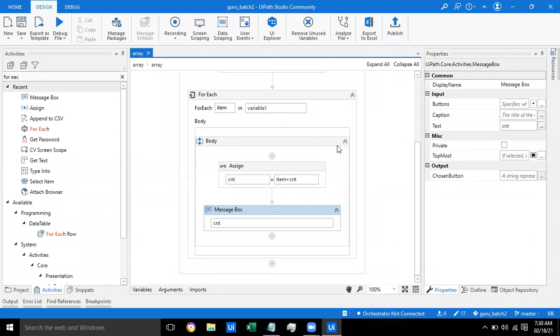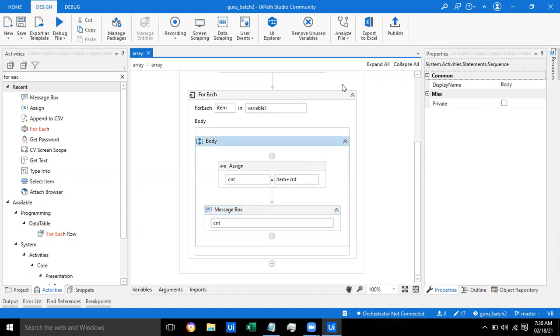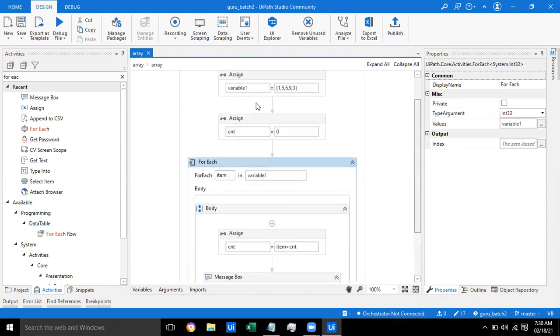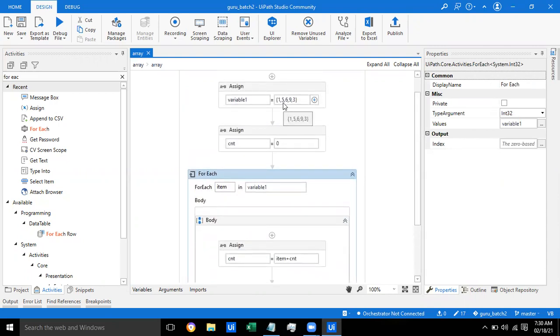In the argument, you changed the type to integer, right? But you said for array we have to use the variable type array of T. Why was that? Here, the element is an integer, so I am supposed to change the type argument as integer.